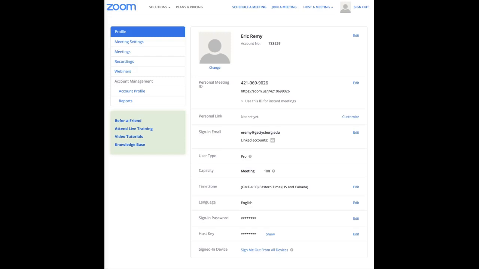Hello, this is a brief introduction to the back end of Zoom. You've seen the front end, which is the one with all the pictures that you'll see during a meeting. However, each of you will get an account on Zoom for your management of your particular meetings and classes. And this is going to just walk you through some of the basic features on the back end so you